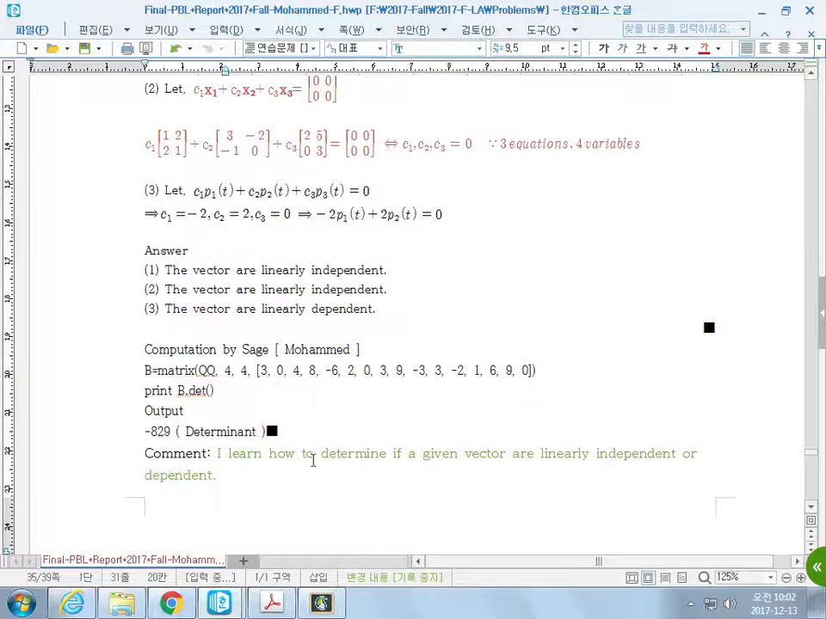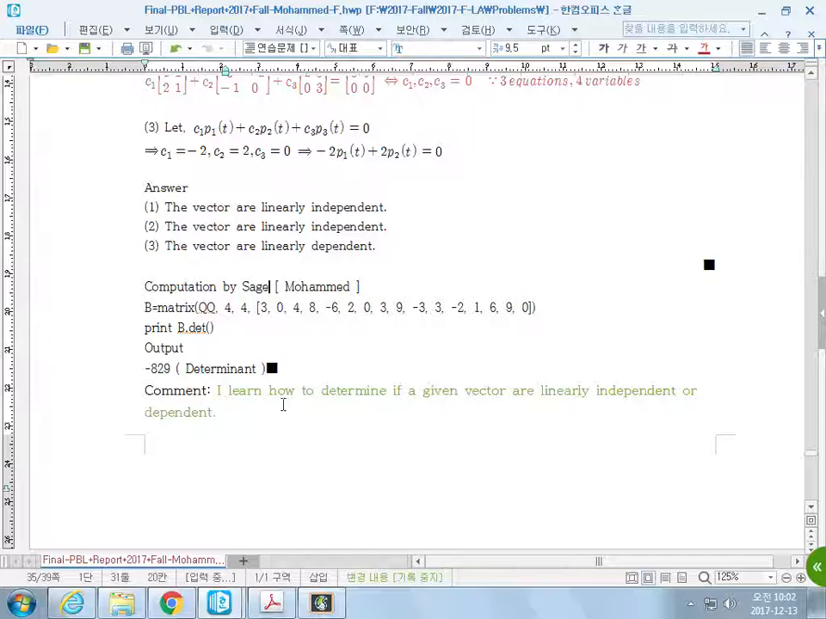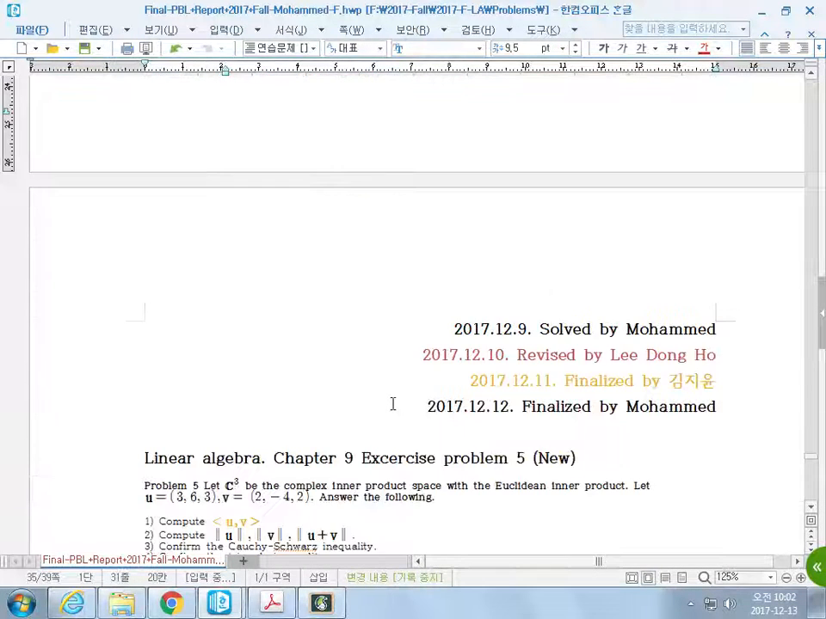Okay. So my comment through this problem, I learned how to determine if given vectors are linearly independent or dependent. Okay. So the next problem,